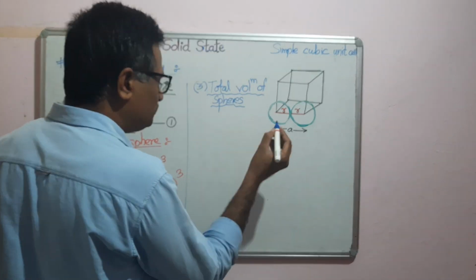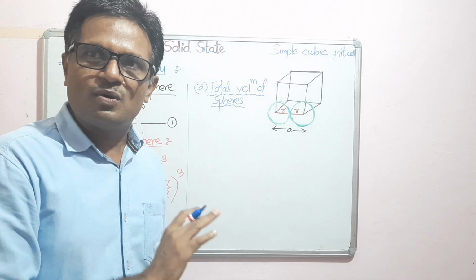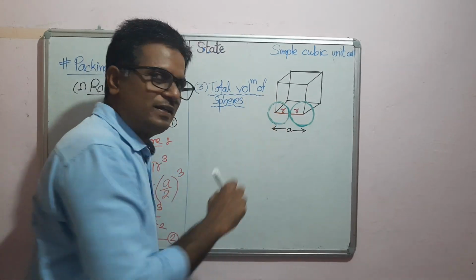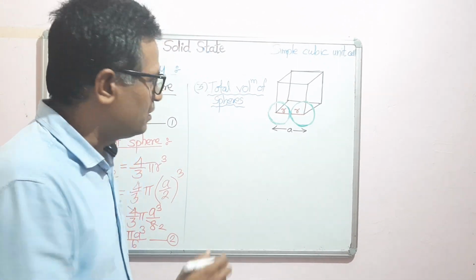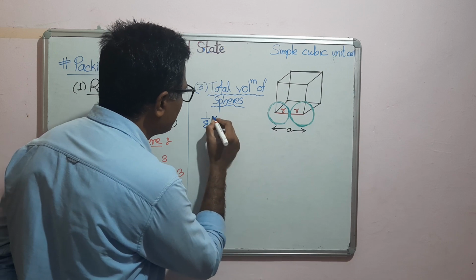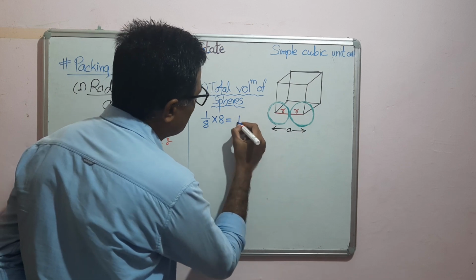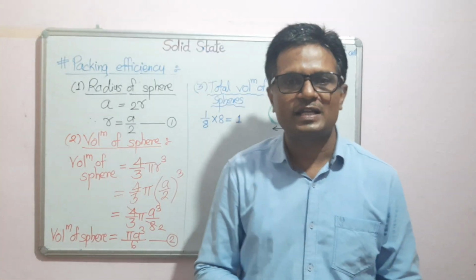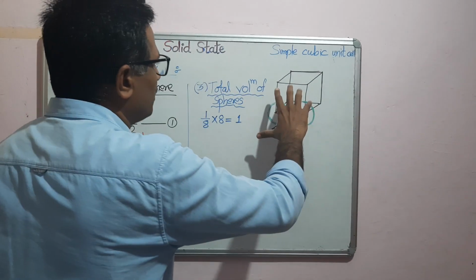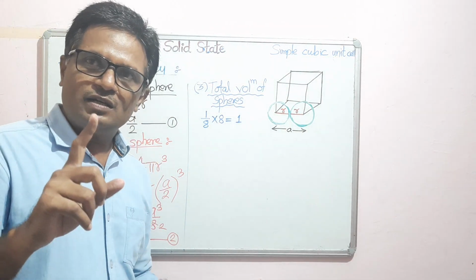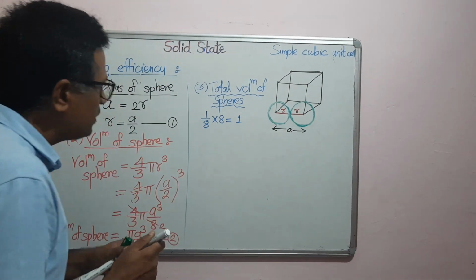In that case we have seen that in a simple cubic unit cell, 8 particles are present at the 8 corners. Each particle at the corner contributes only 1/8 part inside the unit cell, and a total of 8 particles are there. So the number of particles in a simple cubic unit cell is equal to 1. Already we have calculated this. So although there are 8 atoms, there is only one effective atom in the unit cell, and therefore while calculating the total volume,